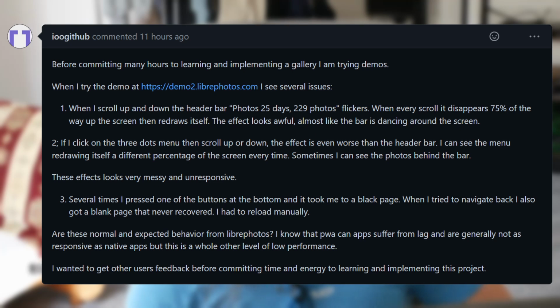"I know that PWAs can suffer from lag and are generally not as responsive as native apps, but this is a whole other level of low performance." And that's another thing. I can pull it up right now on my phone and it works just fine, especially the demo, because it's only 200 images. It can maybe lag if you have, I don't know, 100k images. I haven't tested that yet, but most lagging only happens if you have large data sets. And again, "a whole other level of low performance",